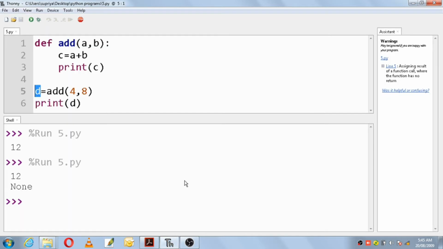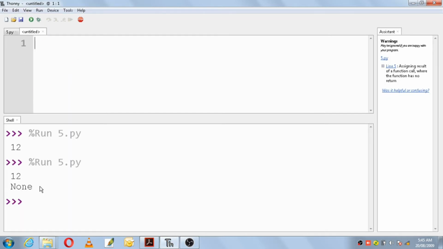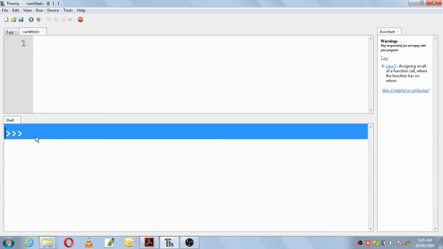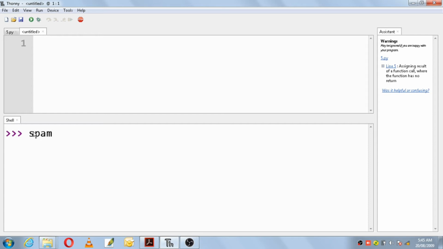Okay, so let's try this program. Control N. I will try it here only. Control A, clear. Okay, spam is equal to print hello, and then enter. So it will print hello here, but there is nothing in spam, so None double equals spam. Both values will be True, because in spam also nothing is there, and None double equals None will give True. If there was any value in spam, it would have given False.